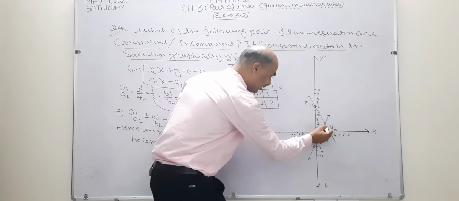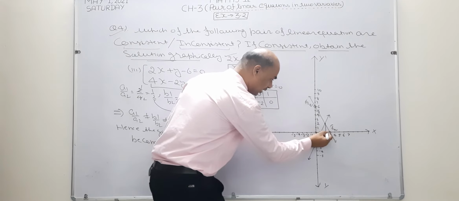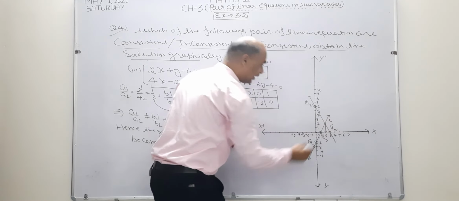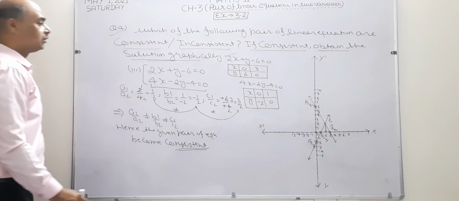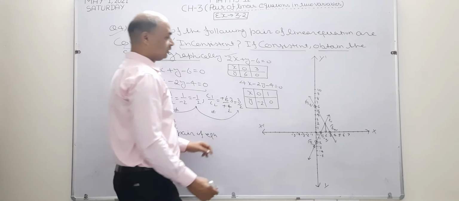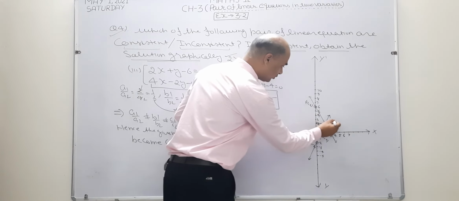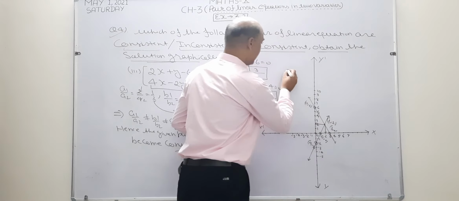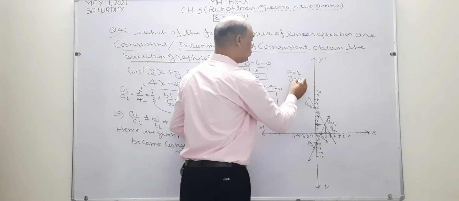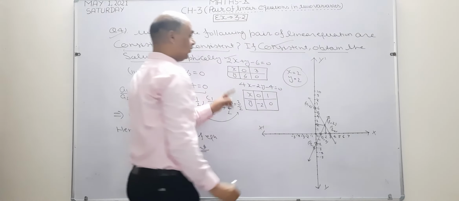Now I am going to take the value of x. When I take this point towards the x-axis, the value becomes 2. So I write here 2. Value of x becomes 2. Now I want to check the value of y. Again, this is going to touch 2. It means the value of y is 2. So x equal to 2, y equal to 2 is the solution of the given graph lines.